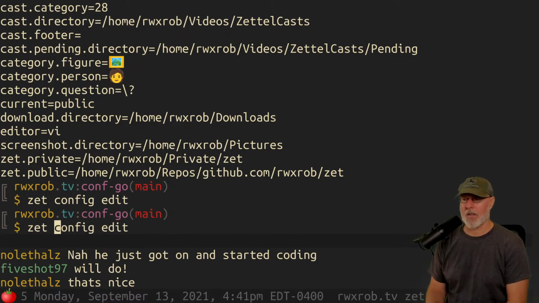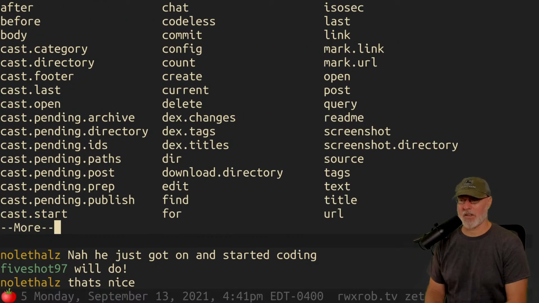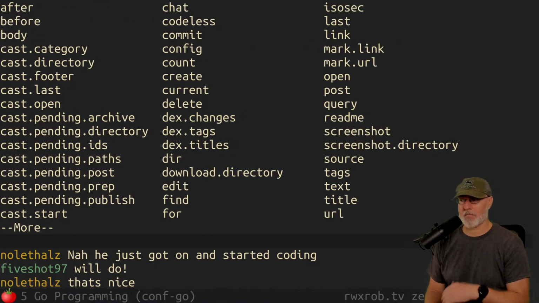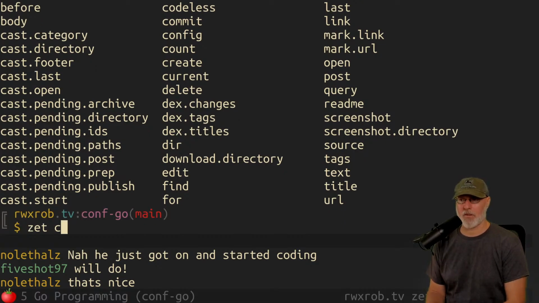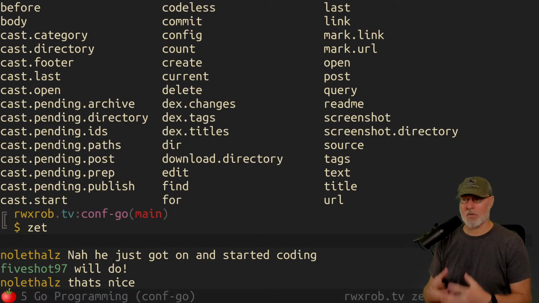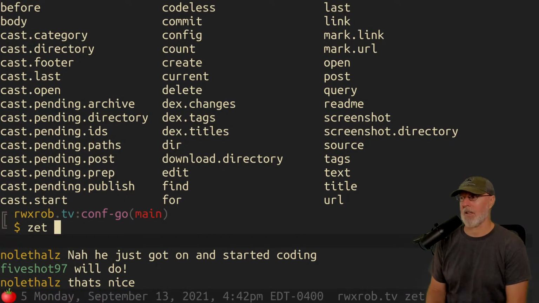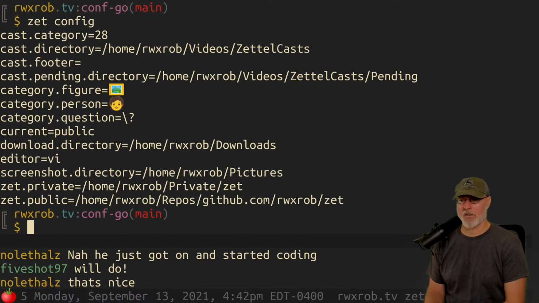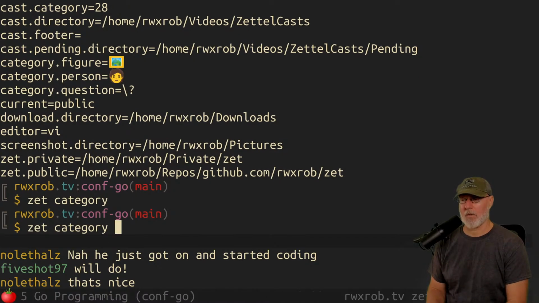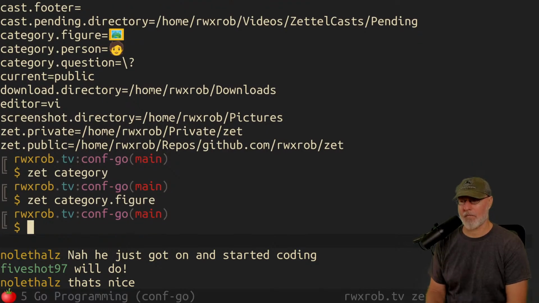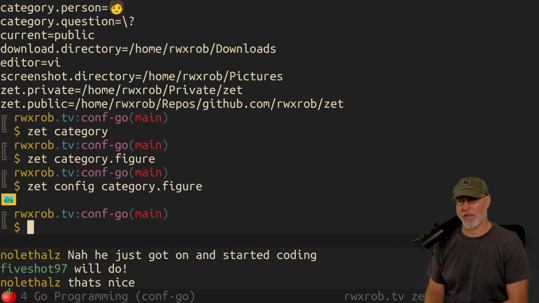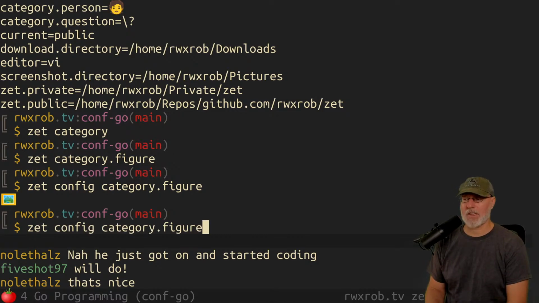So let me give you some of the other stuff. One of the other things this does is it automatically adds any of those configurations to my completion, and it combines them with my verbs, which can get interesting. If I just want to look at them all here, I could do Z category, cat tab, category. Let's see. Oops, I think I need to do config, sorry. Yeah, so that says I can look up the different configurations. If I want to set it, I just put a value here.